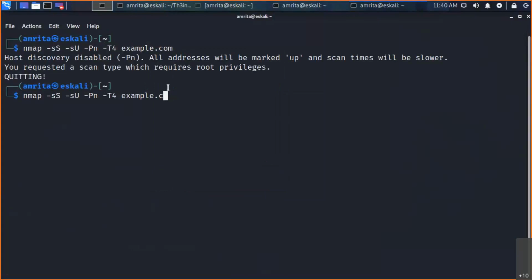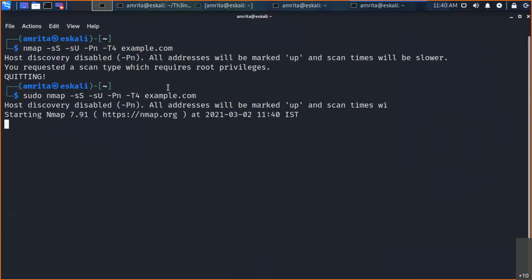But in the real world, we don't allow ICMP ping, to protect ourselves. So we do everything with -Pn, so that even if you do not get the ping result, you still scan the target. -T4 is basically aggressive mode, among T2, T3, T4, but we take -T4 for the aggressive part. Of course, it must have root privilege, so we have given the sudo command. Otherwise, if you do not apply sudo, then you may wind up with some erroneous results.